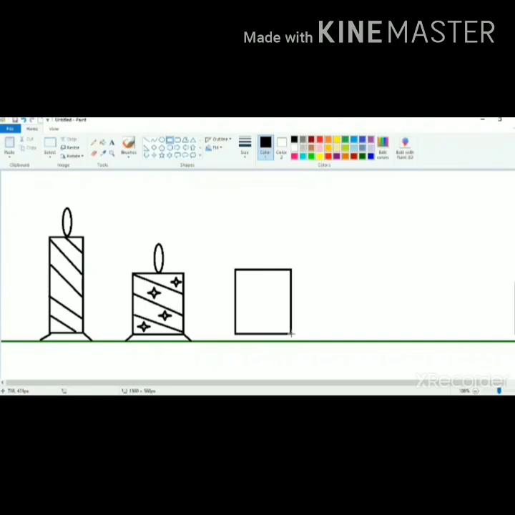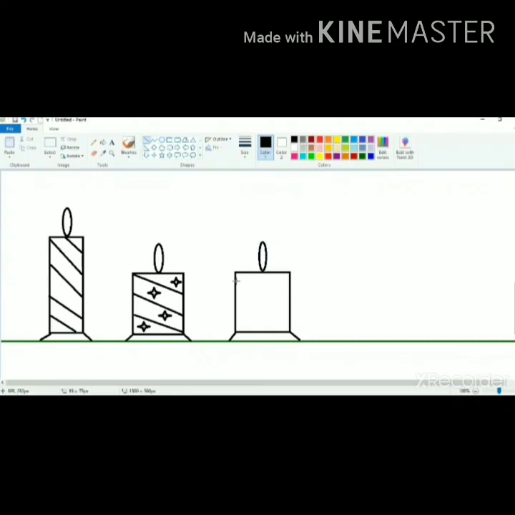Now again, one more candle with a different design I am going to show you. Again, the box of the candle with the help of the rectangle tool, stand with the help of the line tool, flame with the help of the oval tool, like this.